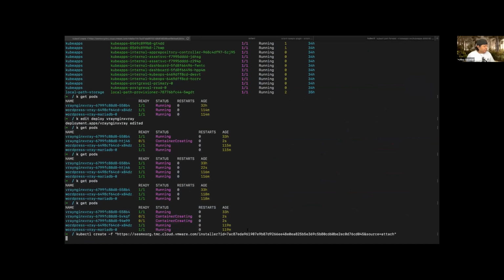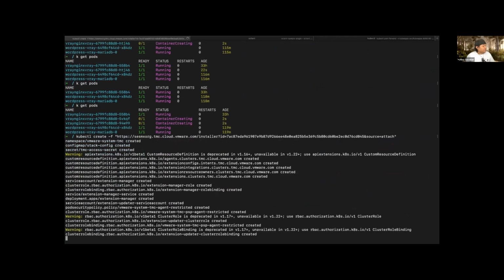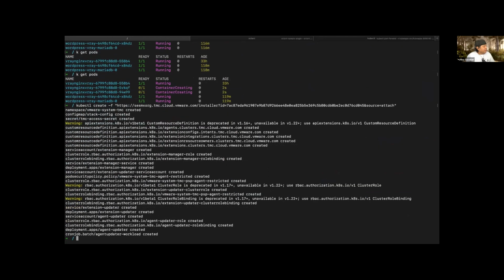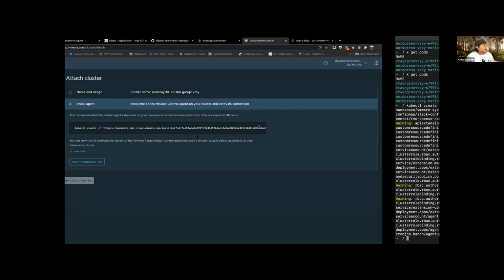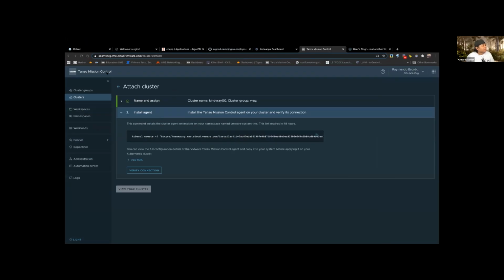And what I'm doing right now is to create all the things that I need in order to have the connection, or attach this cluster to the governance of Tanzu Mission Control. And I mentioned governance, but it is a different way from continuous delivery. One is for continuous delivery precisely, and the other is just for having your second day operations of these clusters.